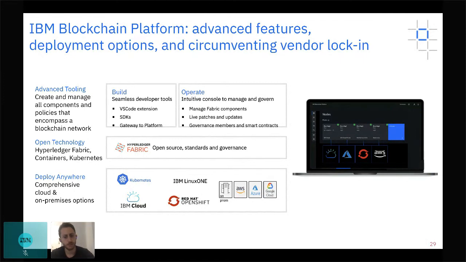And then what's important to make sure to understand is that IBM provides no vendor lock-in. So what that means is when you create your application and you use your governance tools to make sure to maintain and govern and manage that application, you can take that and deploy it anywhere. You can put that on different clouds, on AWS, Microsoft's Azure, Google Cloud. You could put it on-prem. You can have a mixture of all these different environments. Whatever you need for your production use cases, you can do.